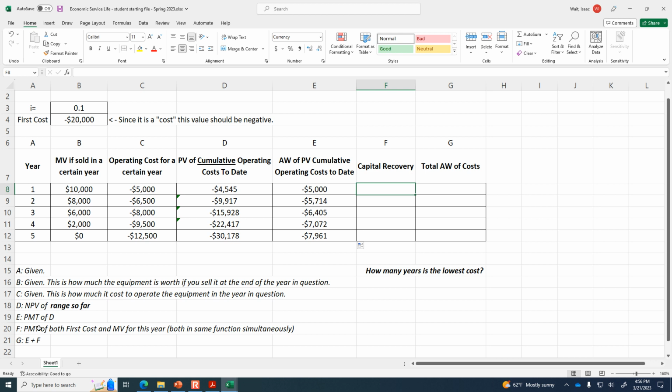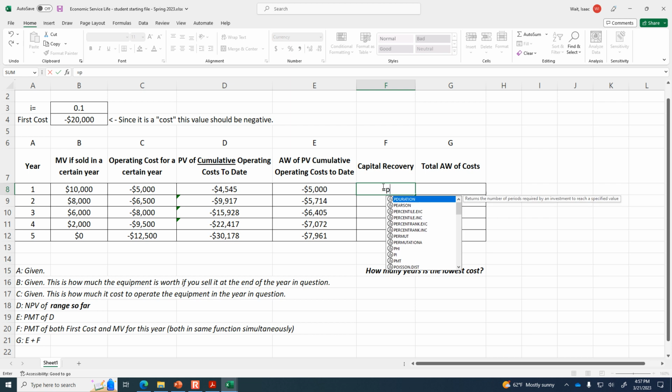1, 2, 3, 4. This is our 5th year. If you're going to find out what's the equivalent annual amount, instead of paying one big lump sum at time 0 and getting a small disbursement at the end of the service, how much would it be if you were just going to pay an amount every year? That's the capital recovery. And we can calculate it by putting both the first cost and the market value into the PMT function. So equals PMT,